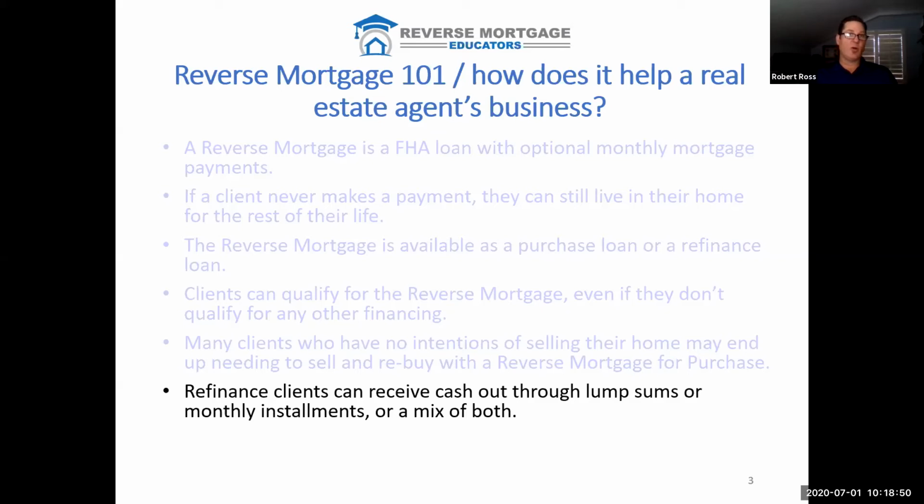Any proceeds they qualify for above and beyond their mortgage payoff on their current house, they can opt in to have those sent to them in chunks of money every single month. Another option is a lump sum of cash. And the other option is a line of credit for the extra proceeds they qualify for. The line of credit's interesting because if you're not borrowing the money, it's not part of your balance, and you don't get charged interest for it, which is great, which ultimately preserves equity. In fact, while it's sitting there, it has a growth rate,